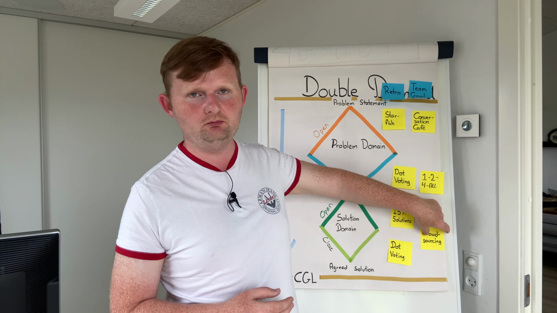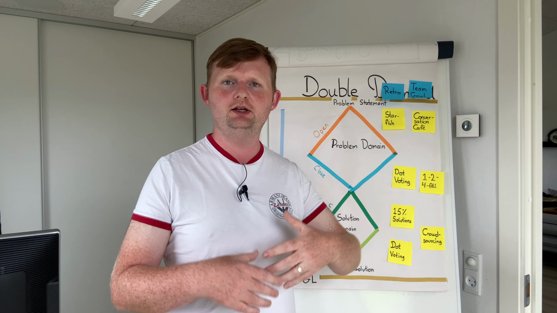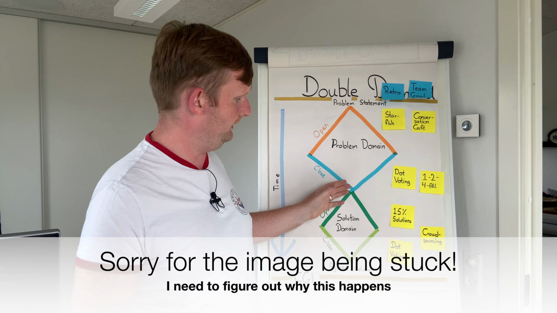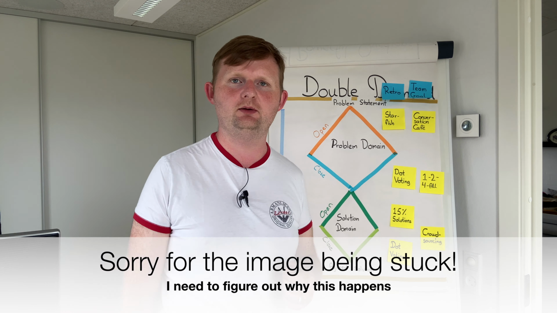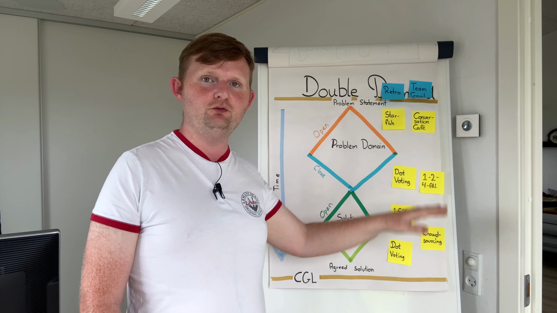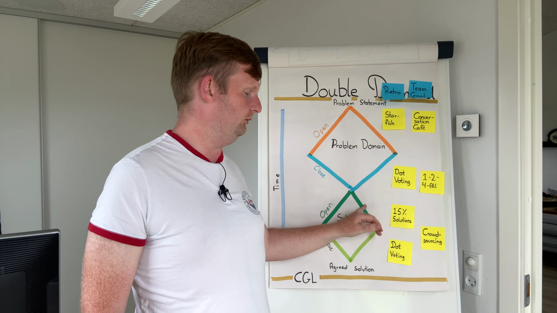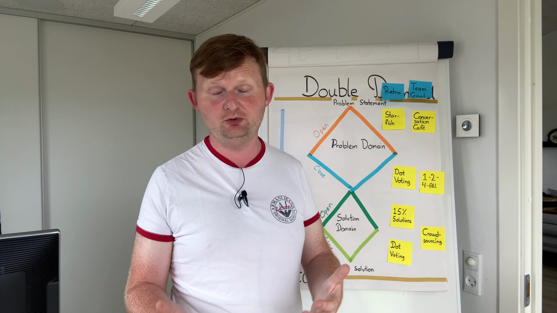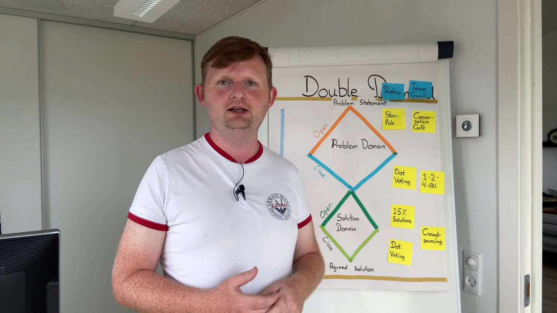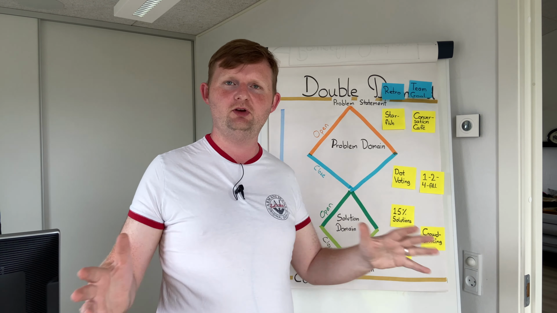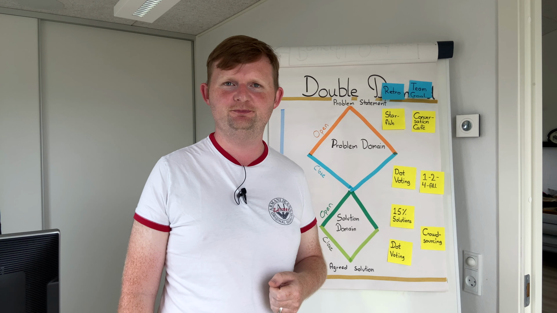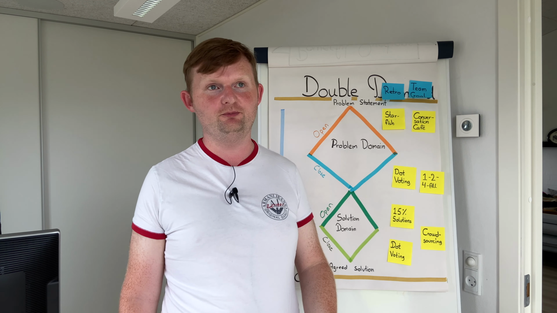How do we become better? Then we could use crowdsourcing in the liberating structure. In crowdsourcing, we both brainstorm and vote on them to figure out what is the winner. So this one actually covers these two parts of the double diamond model. And you don't need four exercises. You might have exercises that both expand and narrow the problem domain or the solution domain. It's just a nice way to make sure that we get the angles covered that we need for a given problem and find a good solution.